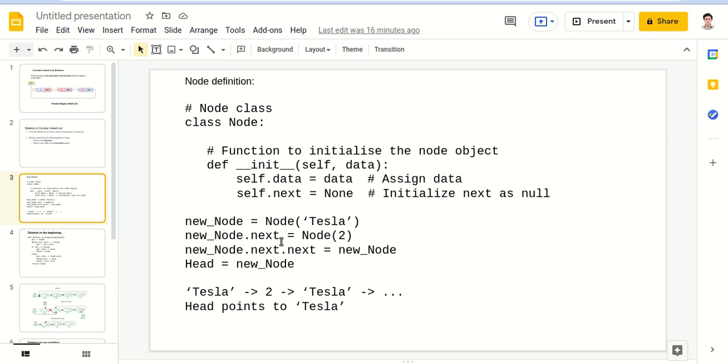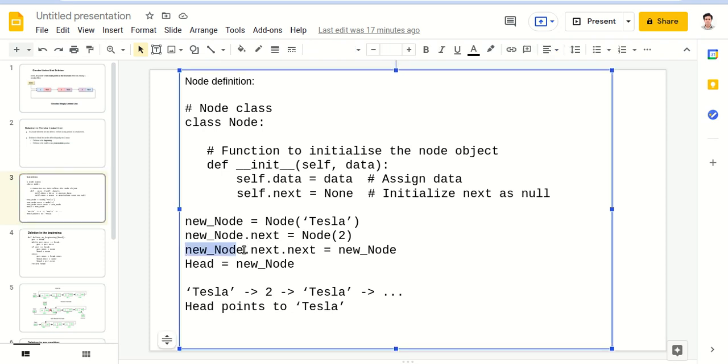Now we define a new node as node Tesla, and for new node dot next we define another node, where the next of Tesla points to 2. The statement new node dot next is equal to new node makes it a circular linked list. The next of the node having value 2 will point back to Tesla again, and we are pointing head to the new node, which is Tesla.